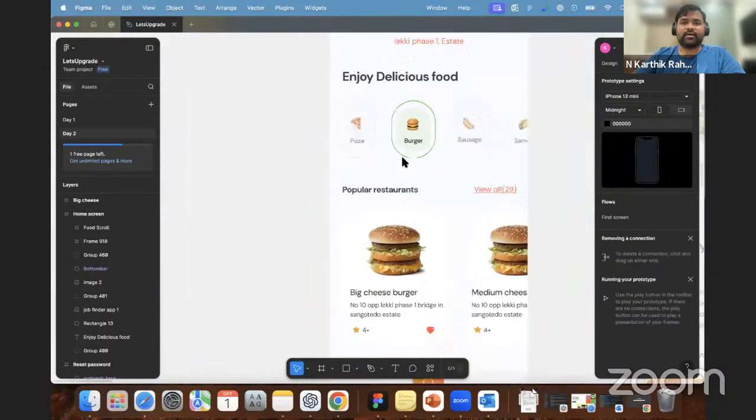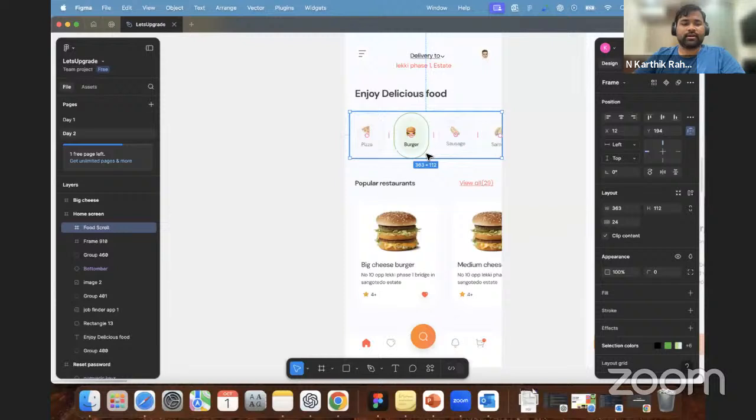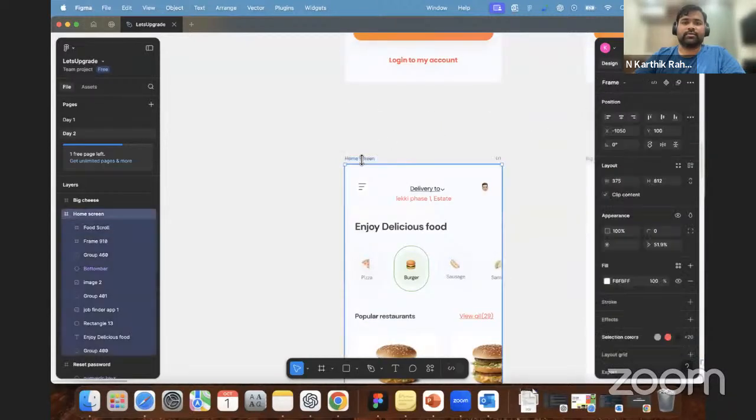In order to fix that, first go to the design mode. Make sure you are in the design mode. Just click on that, click on your command or control key, and you see these two liners, two arrow marks. Just select that a little bit downside. That's it. Once you added that, just click on this frame,